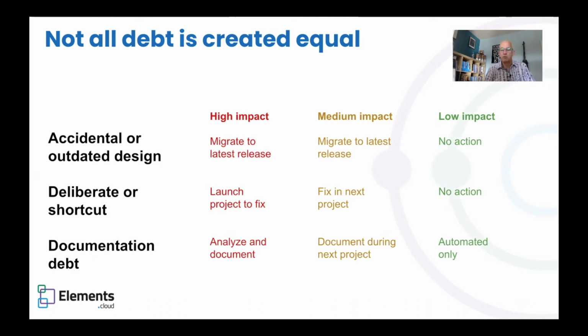A lot of tech debt is because we don't understand why someone else built it maybe a year, 2, 3 years ago, and that's what's causing the problem. And you can see that grid there, whether it's high, medium, or low impact. What should we be doing in terms of the different types of debt?